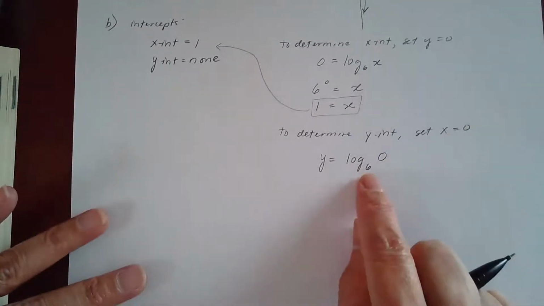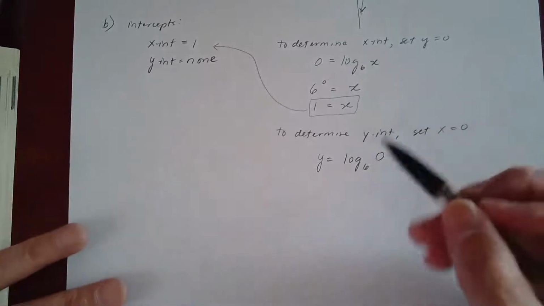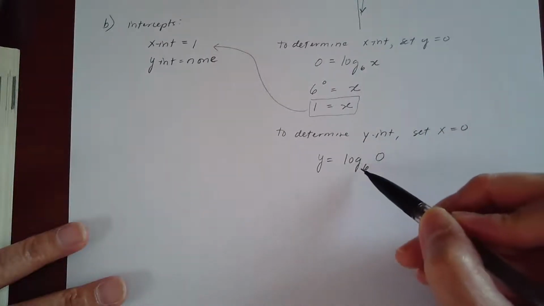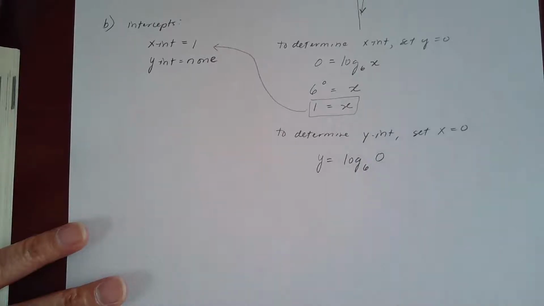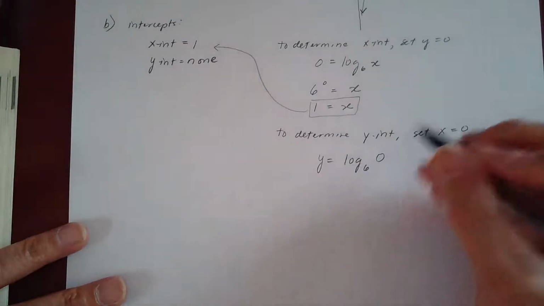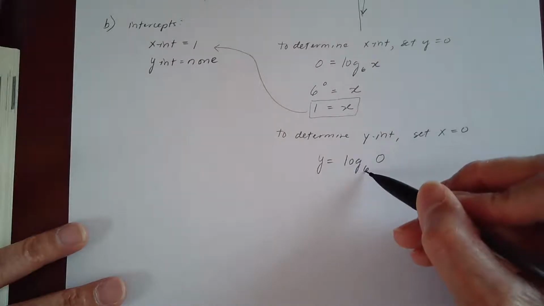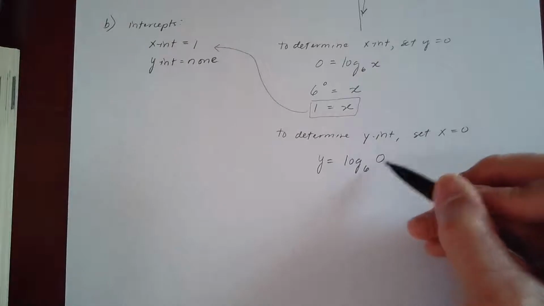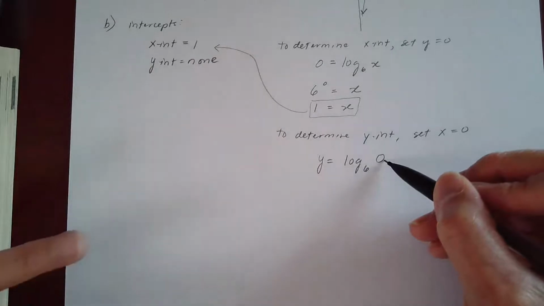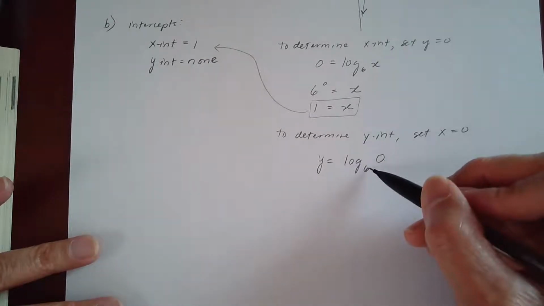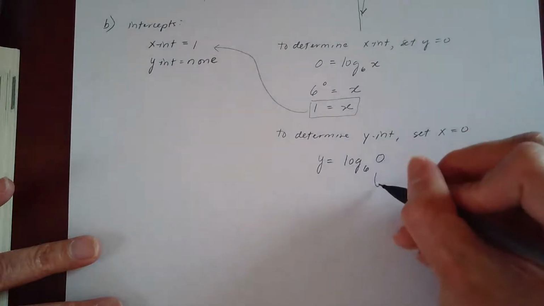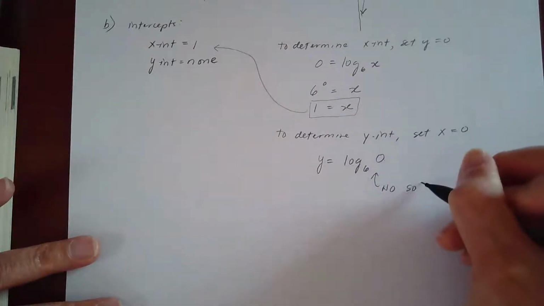So now let's ask ourselves in here, log base 6 of 0 is what? What exponent do I need to apply to 6 to make it 0? You can't think of anything that will make 6 to something give us 0. There is no solution here. No solution,